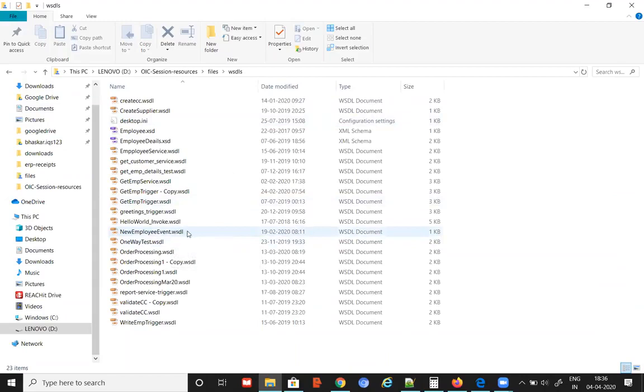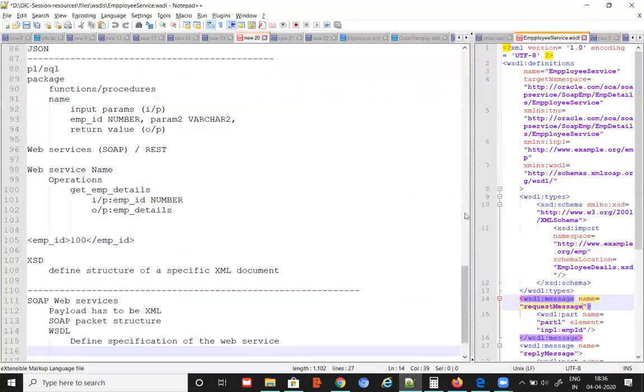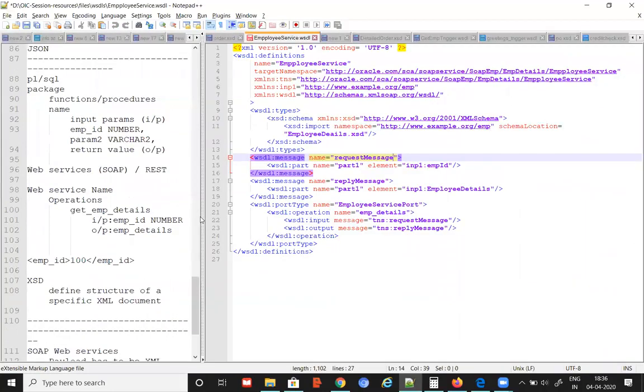Now let us take a WSDL which is there in our files folder. Let's say get employee details, employee service. Yeah, let us look at this. It's a very simple web service. You can see my screen properly, right? Yeah, I'm also resuming the recording. Okay. So here you have